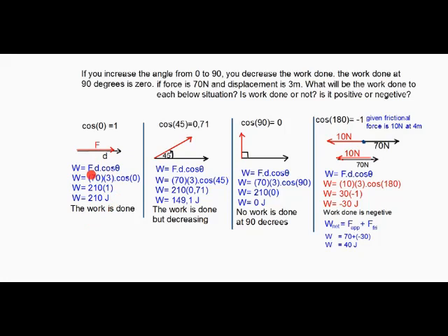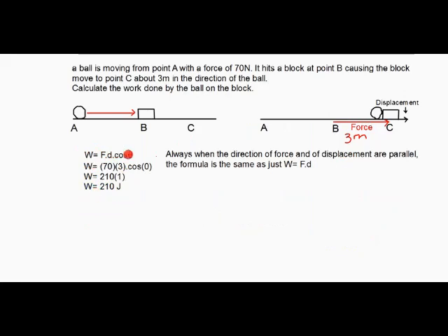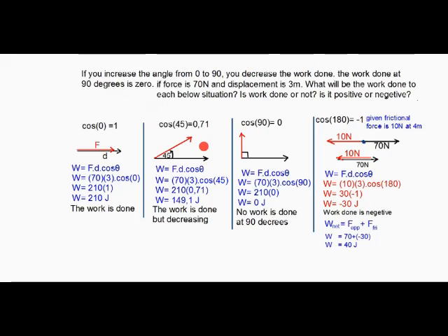Work is equal to force times displacement times cos theta. It is just the same calculation that we did here. We won't waste any time here. We will just move to here. But here, there is now an angle between the displacement and the force applied. In this scenario, we've got cos of 45 degrees, which on your calculator is 0.71. This is the same force applied, which is 70 Newton, and the same meters traveled, which is 3 meters.